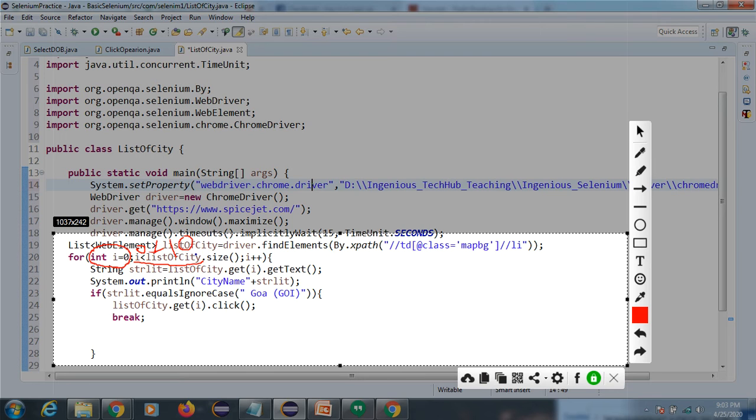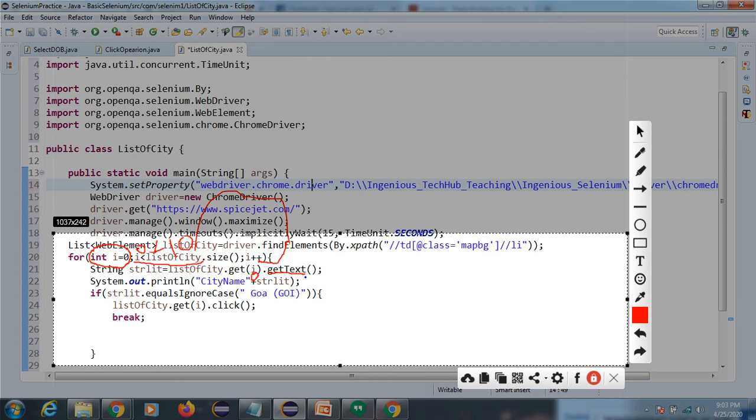Okay, so now again the control will come here. So what is the value of I? 0, right? Here the getText method will print this value. We have one method called toString, right?